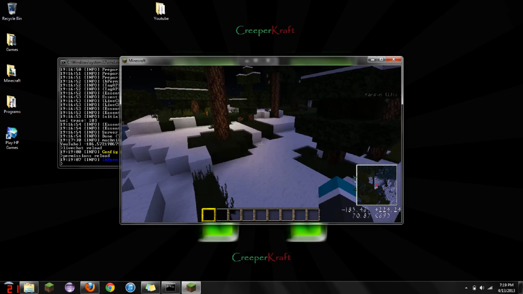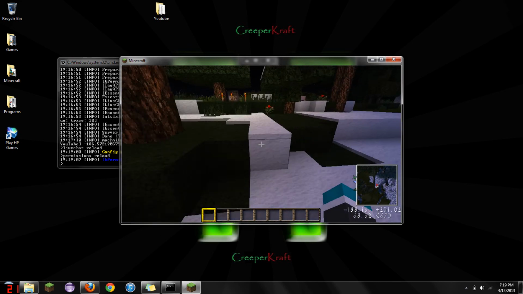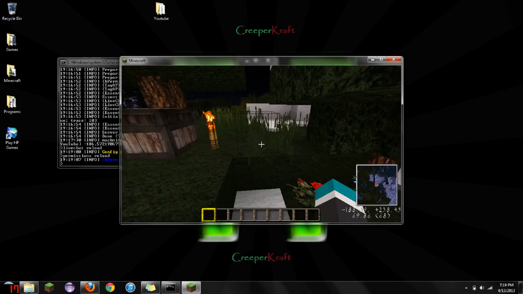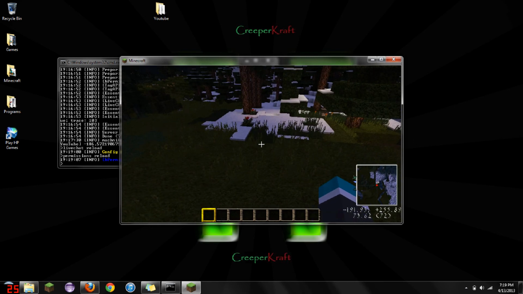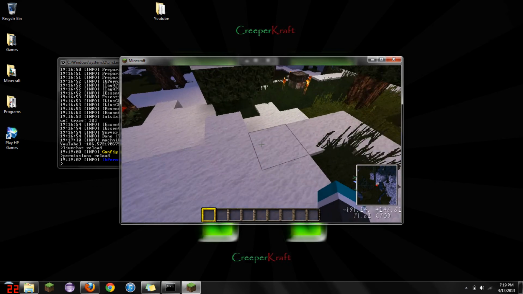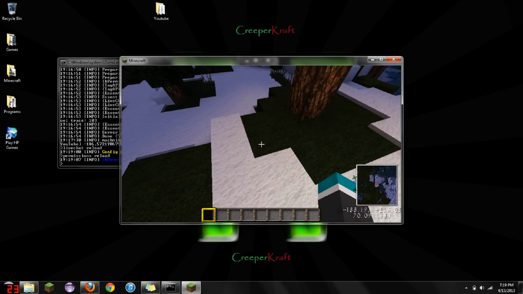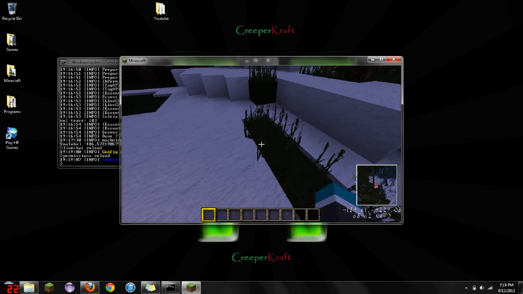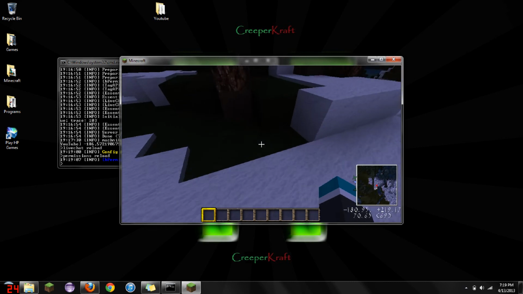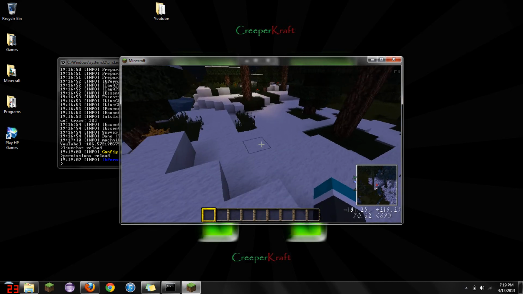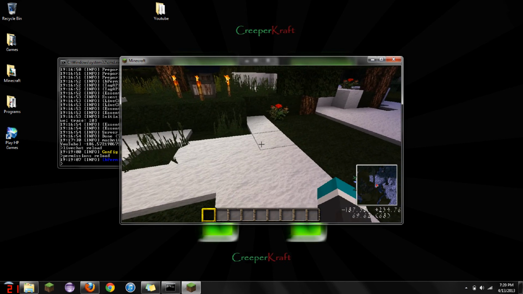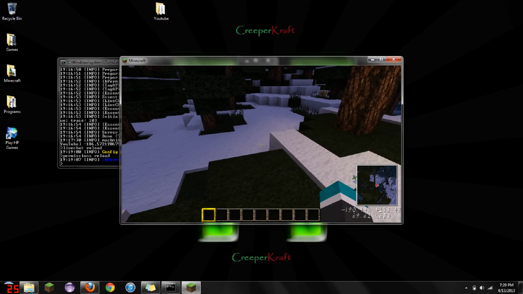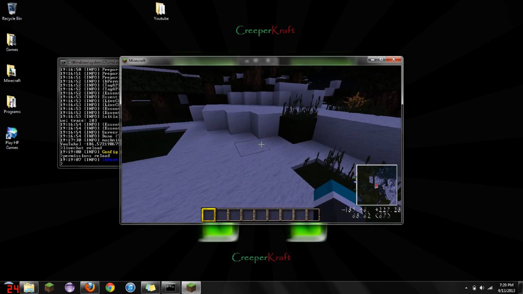Either which way, this plugin does work. It's a lot simpler. It's a lot faster to set up than a lot of the other chat managers. And for whatever reason, it does not bog down your server. I found out that a lot of server lag, for some reason, comes from the chat manager. I don't know if it was just sloppy coding or something that had to do with Java and Bukkit's old API. I don't know what was going on. But either which way,